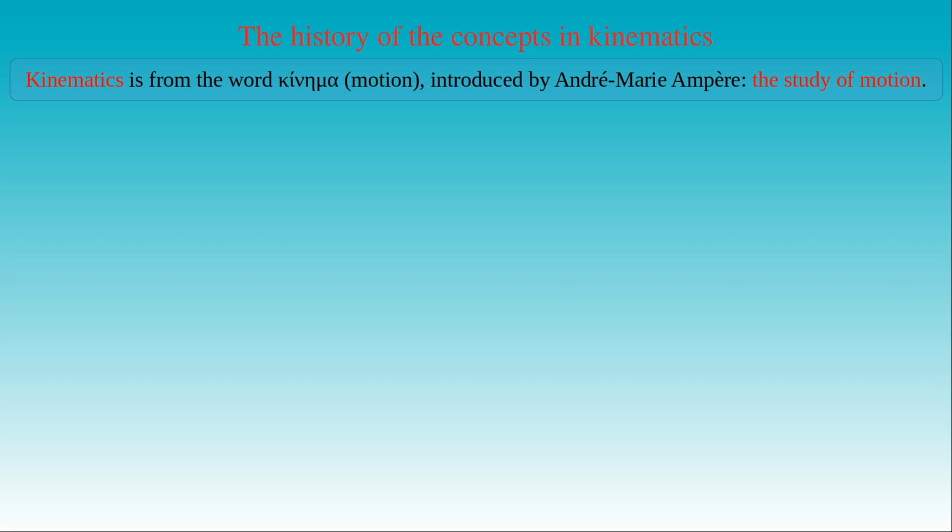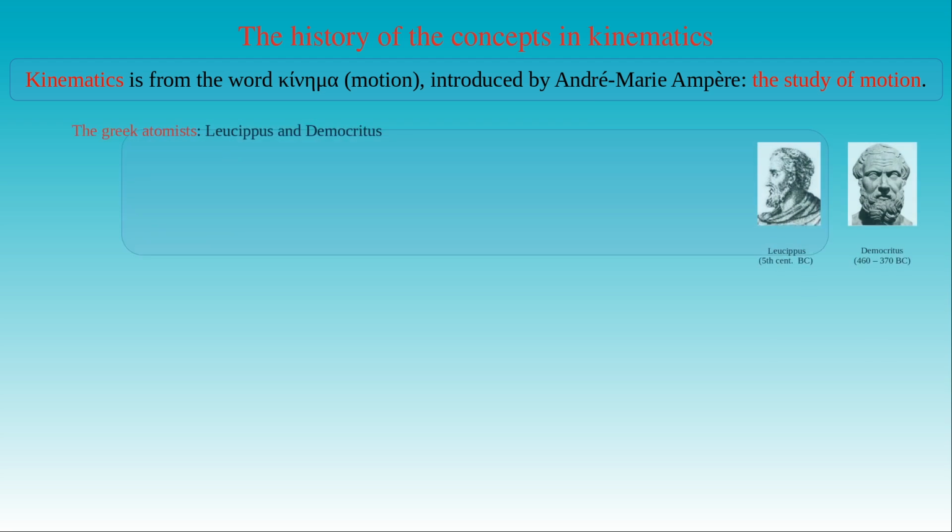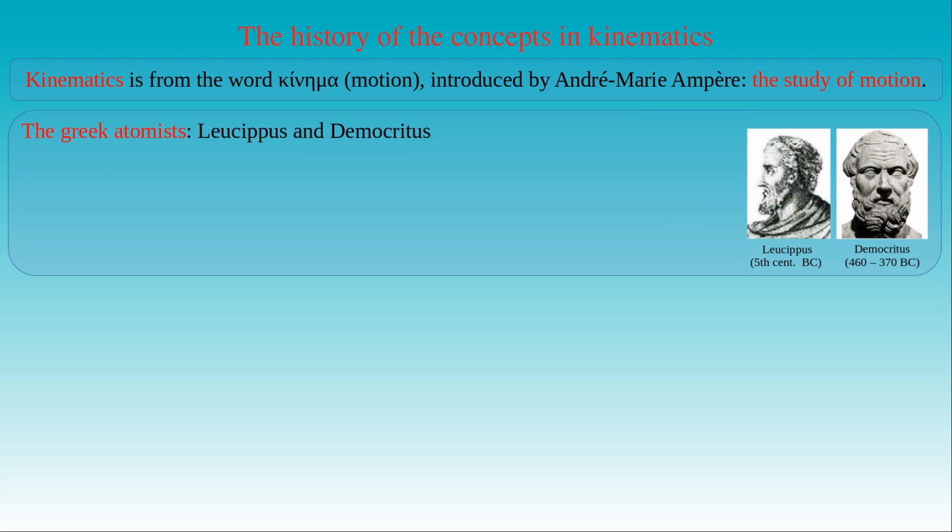The basic concepts in the study of motion already appeared in the ancient Greek thinking. The Ionian philosophers extensively studied natural phenomena and tried to provide some reasonable explanation of the motion and change in nature. However, the Ionian physics described natural phenomena as different qualities or elements mixing with or changing into each other, which was a qualitative description of motion and change rather than a quantitative one. We can consider the Greek atomists, with their two founders Leucippus and Democritus, as the first thinkers who provided a more quantitative picture on motion and change in nature.